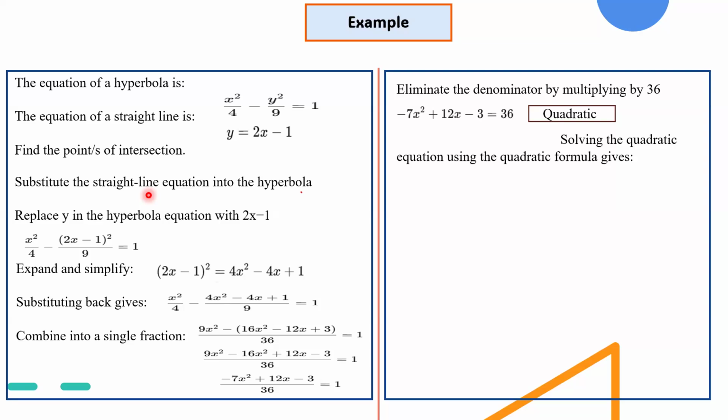First we substitute, and we see that we have a y squared, not just y. So we square the equation of the straight line, that's 2x minus 1. We square that and we end up with 4x squared minus 4x plus 1. After we put that into the equation of the hyperbola,